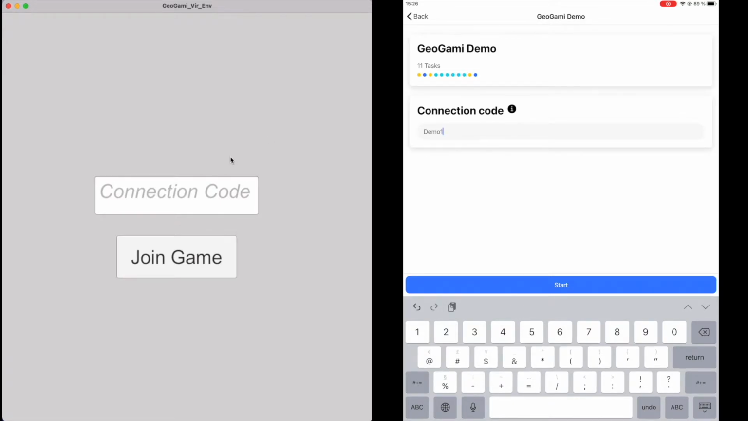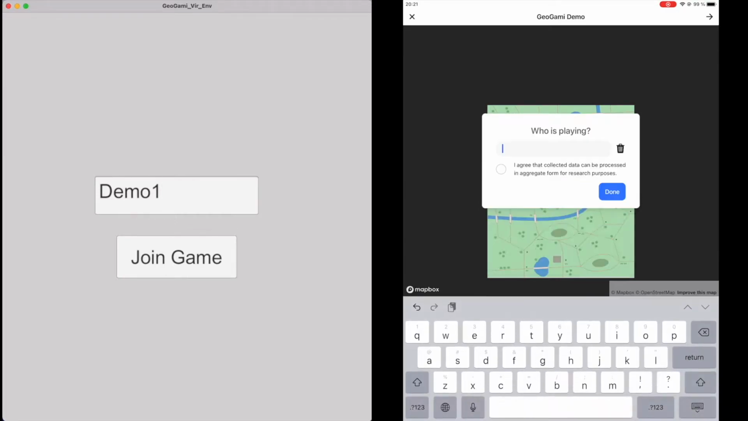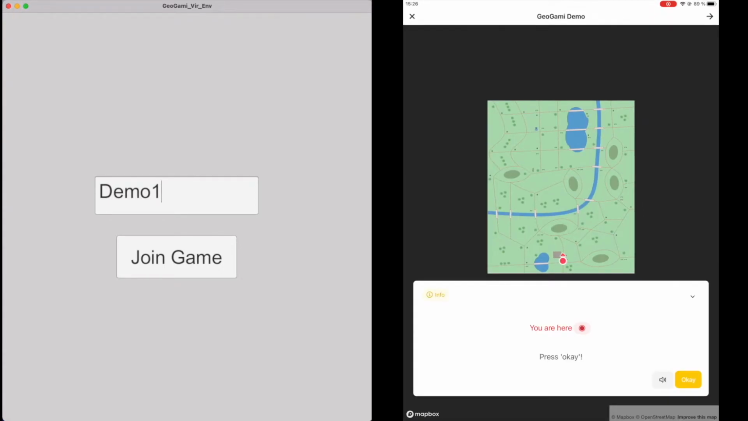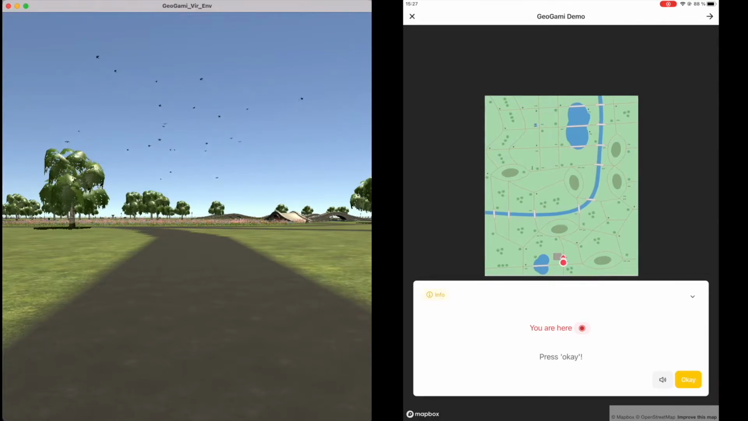We entered Demo 1 as a connection code in the iPad, then we need to type in the same game code in the Virtual Environment app, and then press Start first with the iPad, and then you'll see a dialog that says who is playing. You can type in your name, for example, my name, and then go to the Virtual Environment app and press Join Game. Here you can see that this is the virtual environment that we will play in instead of the real world. And if you go to the iPad, you can see that